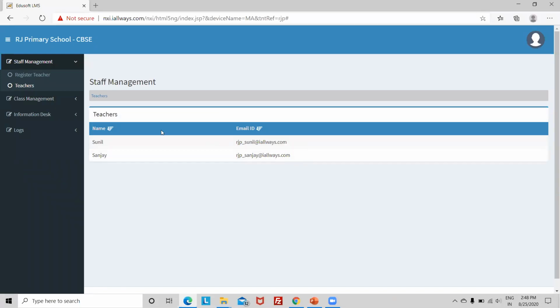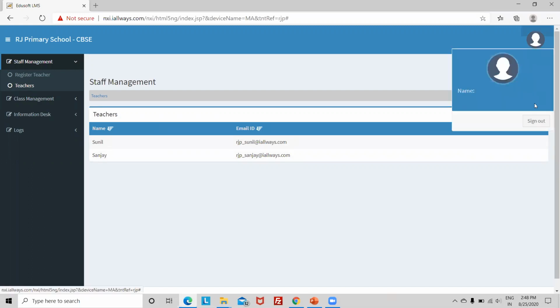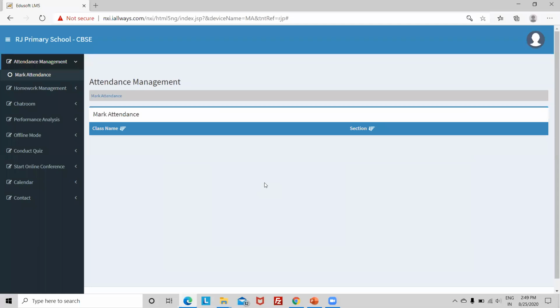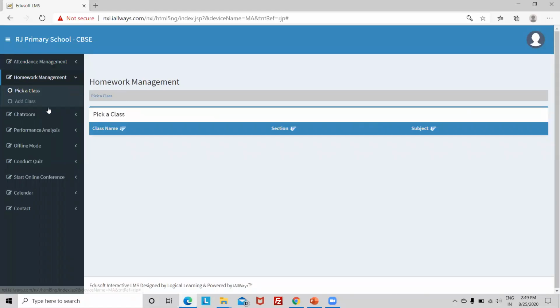Okay. Now, once you register a teacher, the next thing you do is log in as that teacher. Okay. Now you can see nothing is there. So what you need to do is, the teacher has to add a class first.